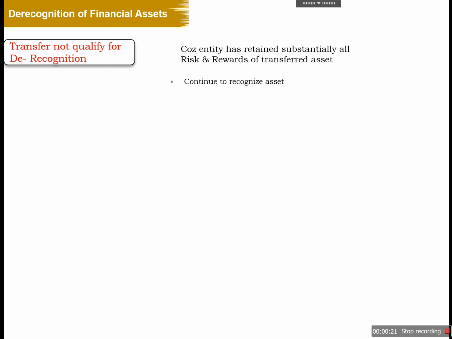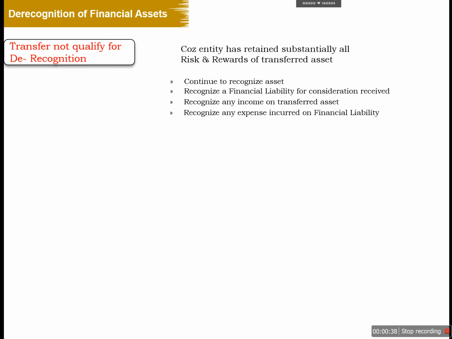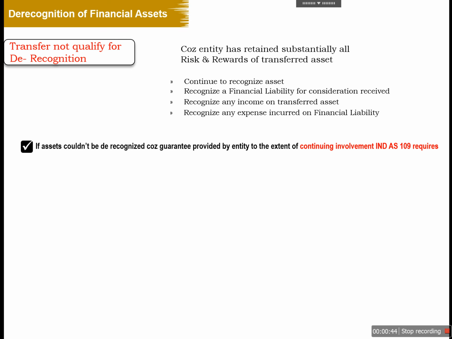In this case, we need to continue to recognize the financial asset, and we will recognize a financial liability for the consideration that we have received against this financial asset. Apart from it, we need to recognize any income on the transferred asset and any expense that has been incurred on the financial liability. For example, if the asset could not be derecognized because of a guarantee provided by the entity,